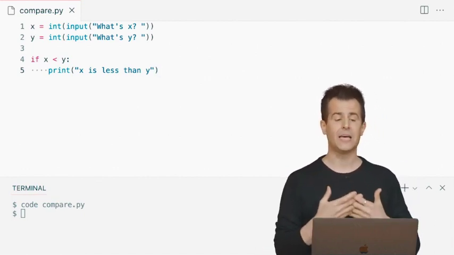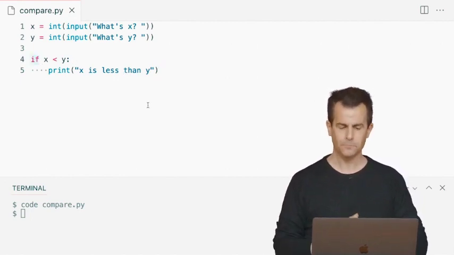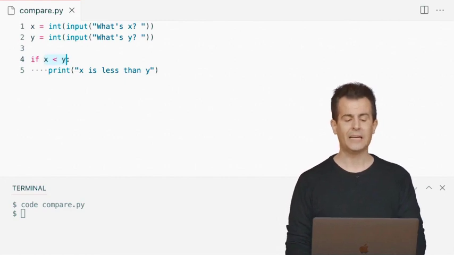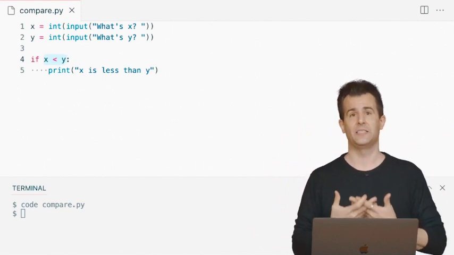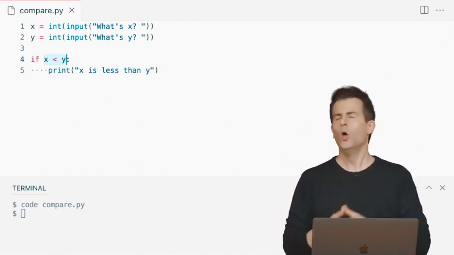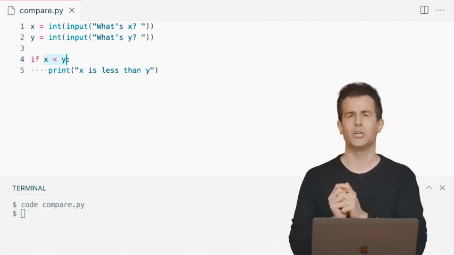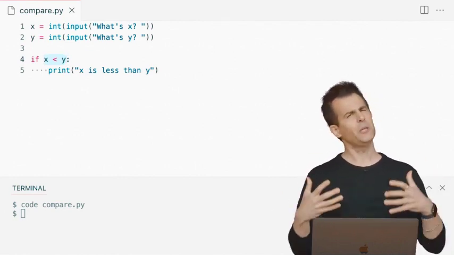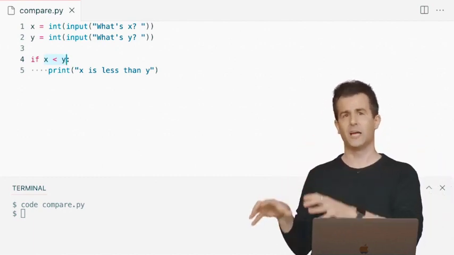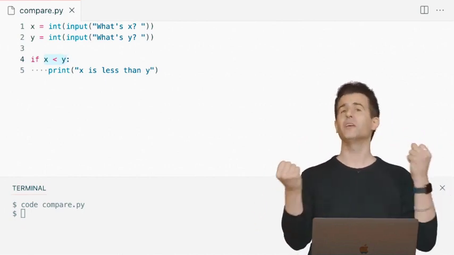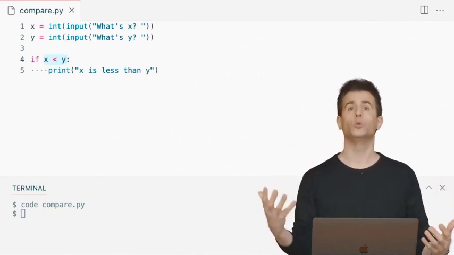And exactly what is this syntax? Well, it's this. Not just the keyword if, which I've added here at the start of line 4, but then I ask my question here. X less than y. X is one variable on the left, y is one variable on the right, and of course the less than sign is expressing the mathematical question I have. What I've highlighted here is technically called a Boolean expression. A Boolean expression named after a mathematician named Boole is simply a question that has a yes or no answer, or technically a true or false answer. And that's nice because if there's only two possible answers, it's very easy for me and in turn the computer to make a decision. Do this or don't do this thing.